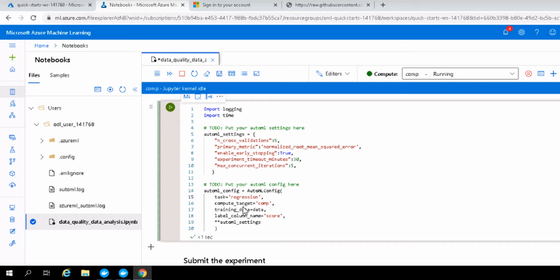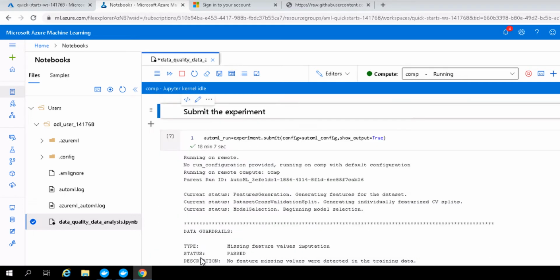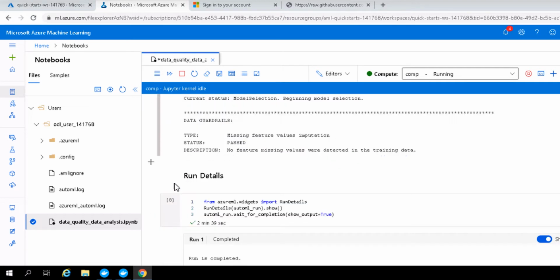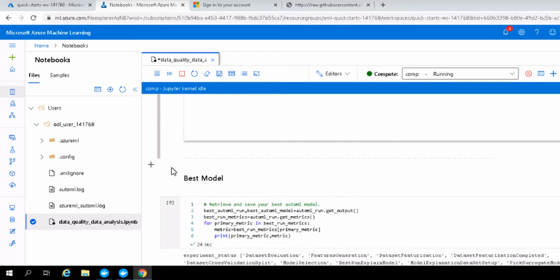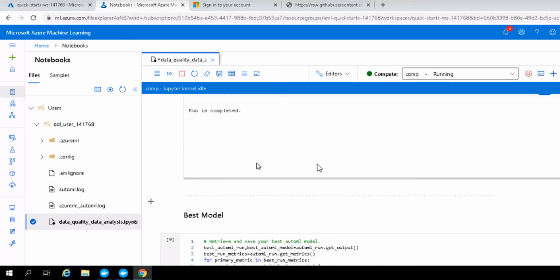For the AutoML config, I have provided the compute target name and the label column name, which will be score in the case of this data set. Next, I submitted the experiment and I got the details right here with the help of the run details code. So if I go into the details